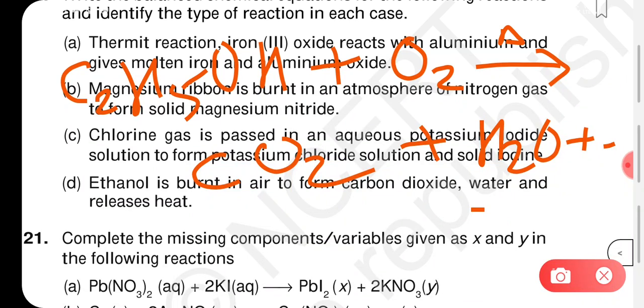So now after writing this, you have to balance the equation. As you balance the equation, you see the number of carbon is 2 in the reactant, whereas in the product it is just 1, so we need to add 2 over here. Now let us check for hydrogen. It is 5 plus 1, 6 atoms of hydrogen in the reactant, whereas in the product it is only 2 atoms of hydrogen. So to make it 6, we need to add 3 over here in the reactant.